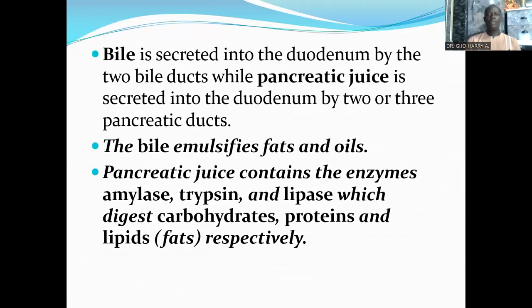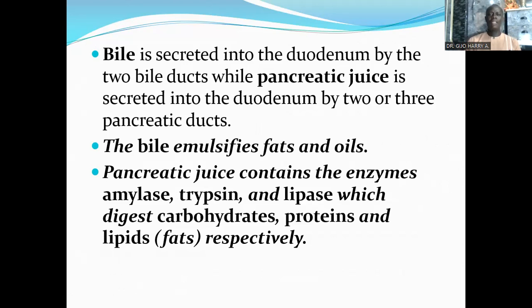Now, what do these secrete? Bile is secreted into the duodenum by 2 bile ducts, while pancreatic juice is secreted into the duodenum by 2 or 3 pancreatic ducts. The bile emulsifies fats and oils. The bile that's produced